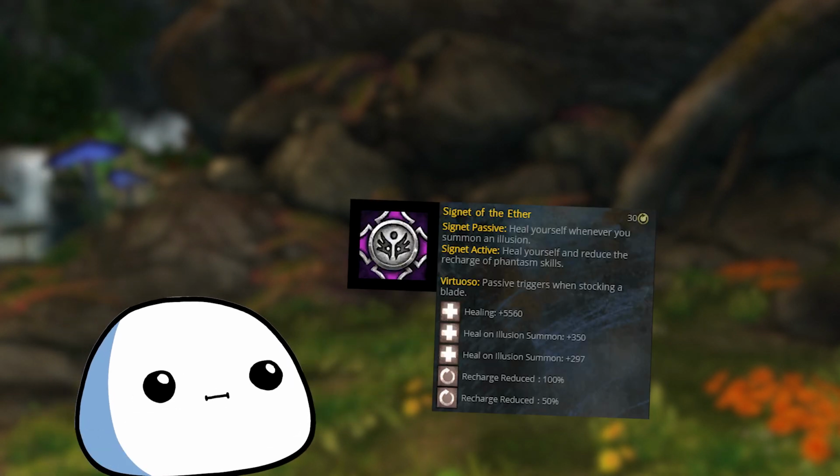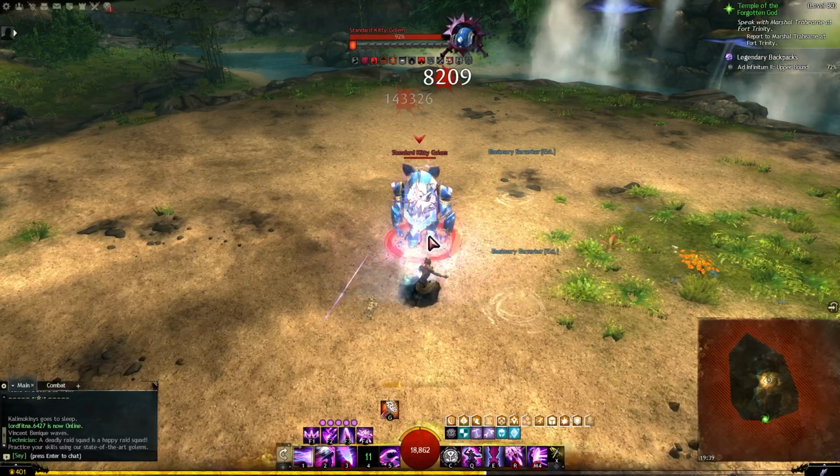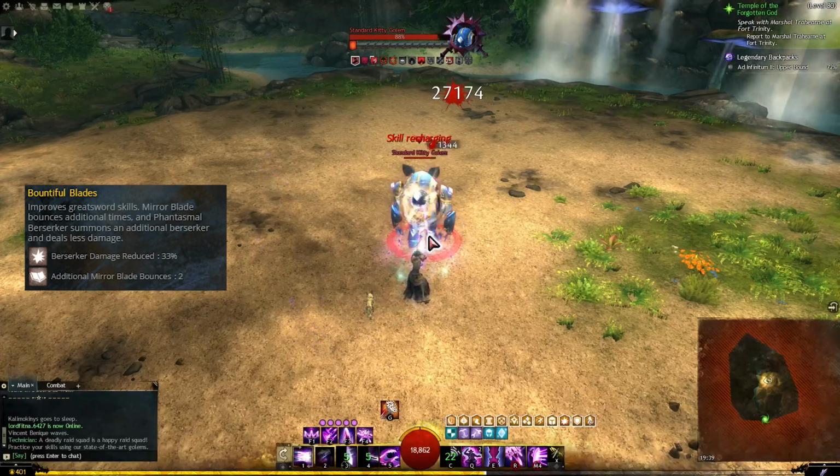The Signet of the Ether, your healing skill, resets the cooldown of all of your Phantasms, both on your active weapon set and on your inactive weapon set. You want to use it to reset the cooldown of your GS4, because you have already boosted the living hell out of it through Bountiful Blades, so it's the highest damage Phantasm you have and thus the best choice to